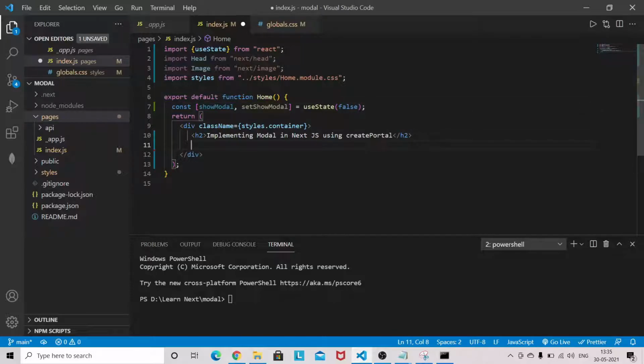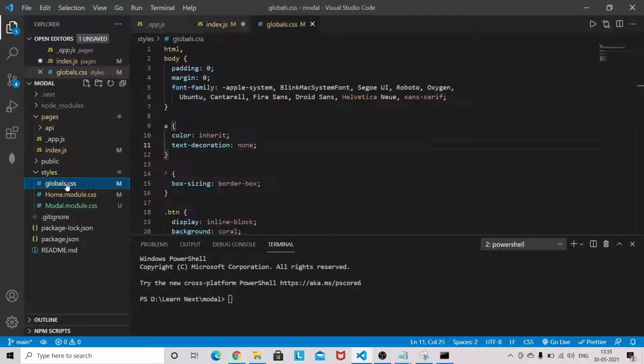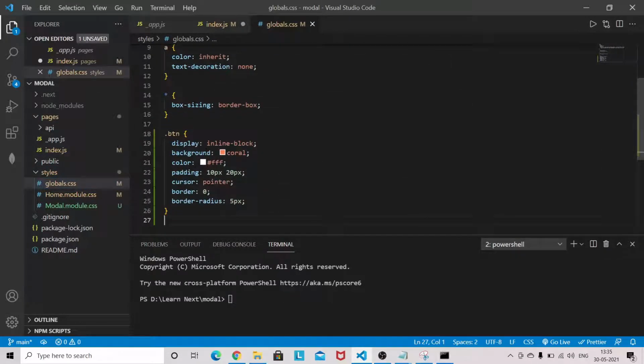For the button, I have provided a class name. You can see I have one global class name, and I will use this one. You can copy this styling and just put it in the global.css.